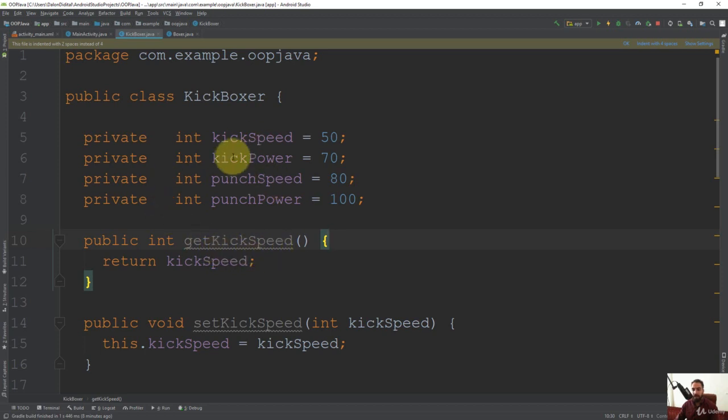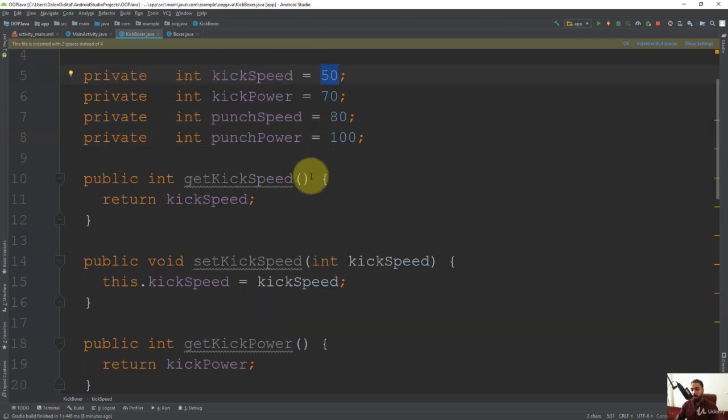So for example, take a look at this kickSpeed instance variable. For example, the value is 50, and I don't want any other classes to change this value. So I have control over this instance variable because it is private and I have getters or setters for them. In that case, I can easily delete